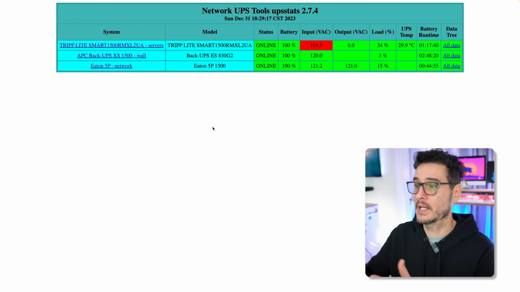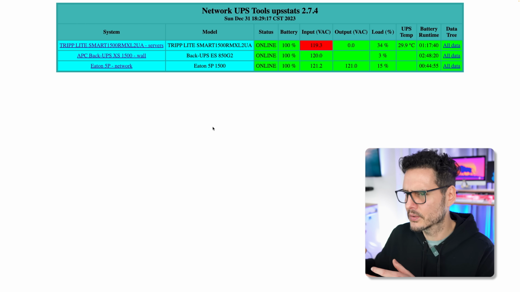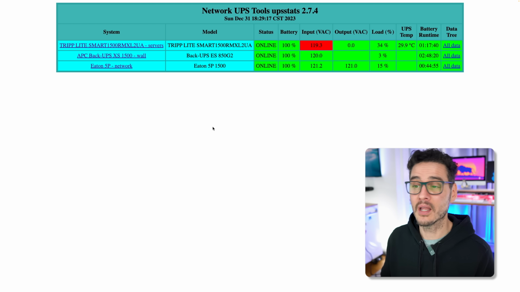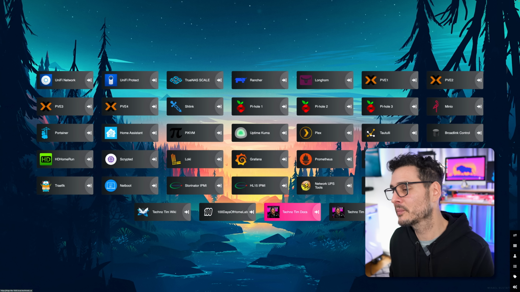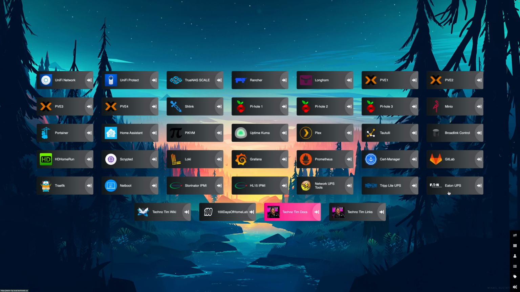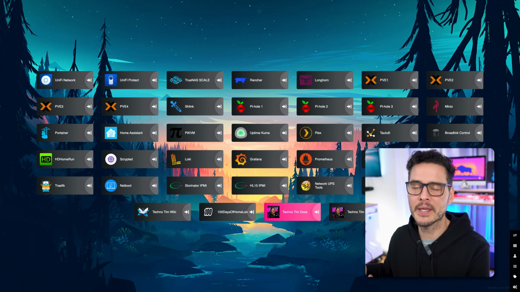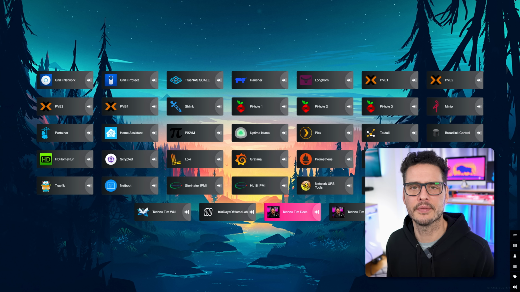So I use NutServer not only to visualize this, but also gracefully shut stuff down. Although I did turn some of it off because it kind of scares me sometimes that it could just automatically shut stuff down. So I need to tune my rules a little bit more. But if you want to automatically shut stuff down and start stuff up when your UPS gets low, you could definitely do that. And then along with NutServer, I also use the vendor supplied UI to manage my UPSs. So I have one for Eaton and one for Tripplite, and that just gives me a little bit more configuration for notifications and things like that.